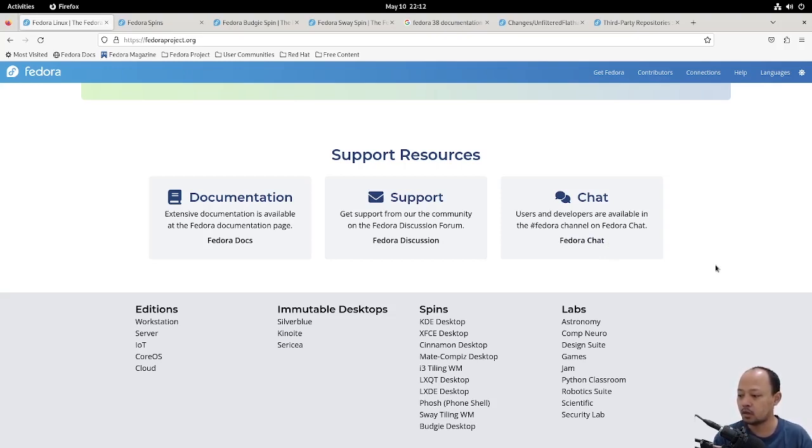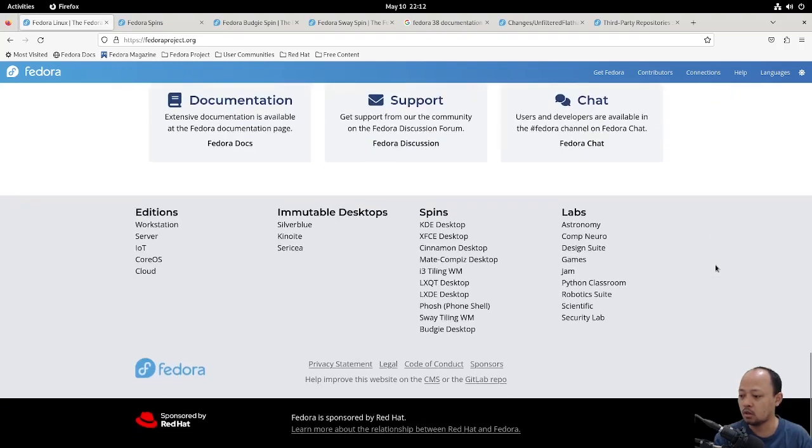And the last part we can see in this webpage is the footer. As we can see, there's a part that is not mentioned above, but it's mentioned in the Get Fedora menu. It's the immutable desktop that you can download. Now Fedora has 3 versions of it: Silverblue with GNOME, then Kinoite with KDE, and the last one is Sericea.